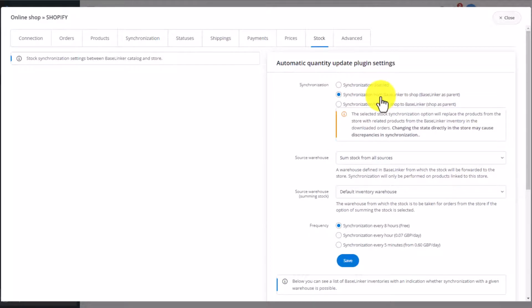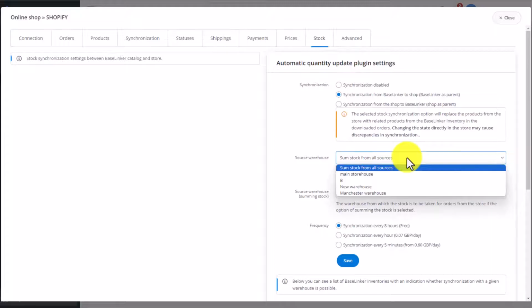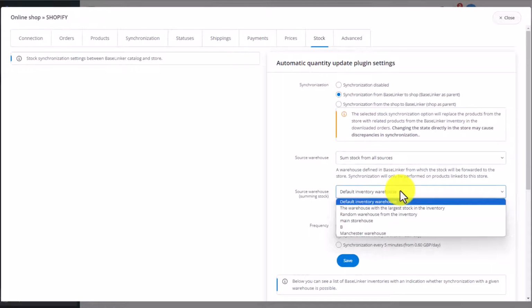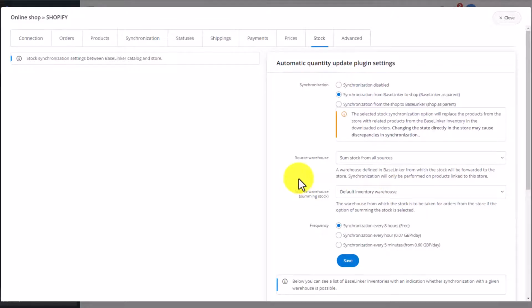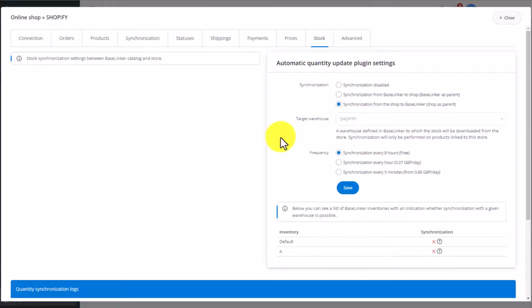Regardless which option we select, we still need to choose the frequency and potentially if we want to round the prices. And when it comes to stock levels, we select the source warehouse. We can also collate stock levels from several warehouses, and this works if we're sending these stock levels from BaseLinker to the stores. If we're doing it the other way around, then the only option we need to choose is the frequency of